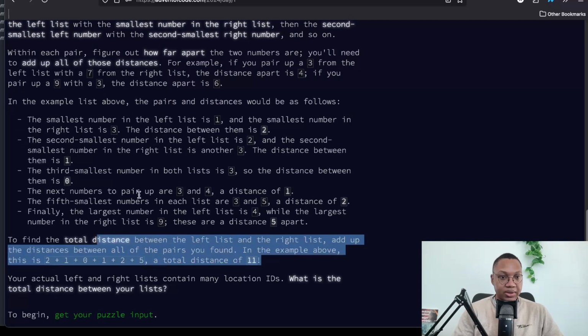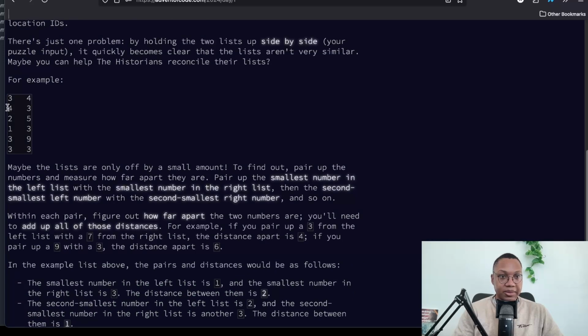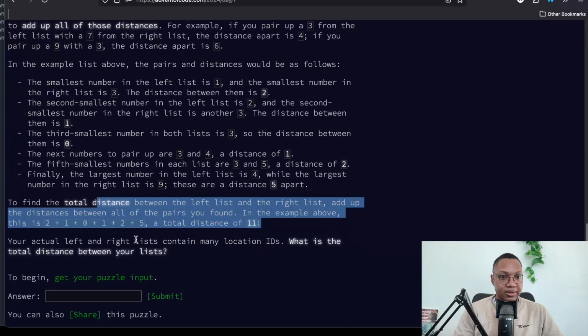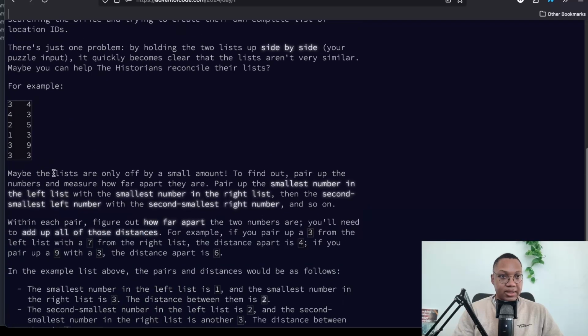Okay, so we need to sort them, add all these values up, then sort them. It's the left and the right, so that's fine. The only issue with this is that